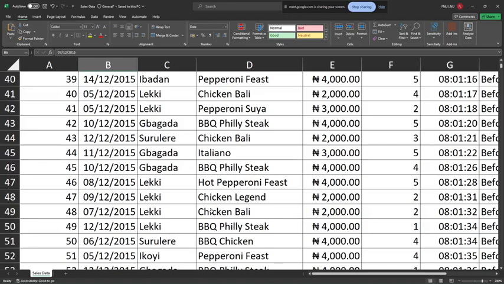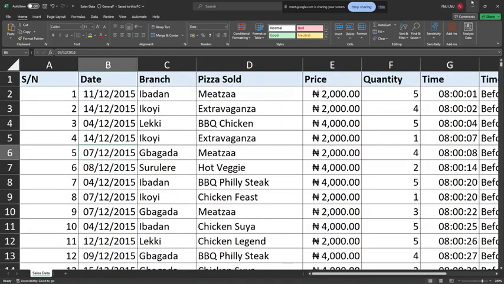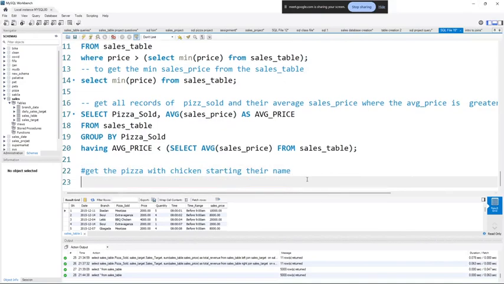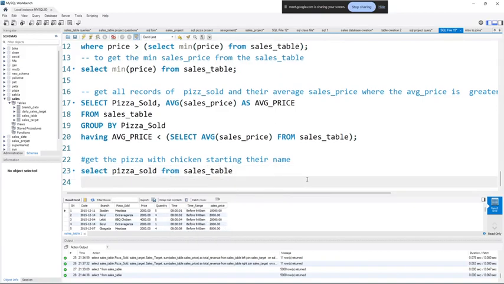Which one again? Chicken Bali, chicken legend. So far chicken is starting. That's what they want. So I'll say select pizza sold from sales table. Now my where clause, where the pizza sold